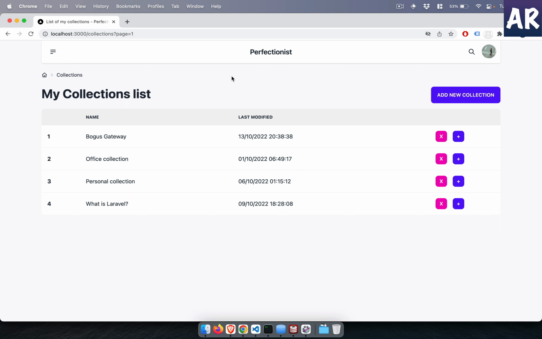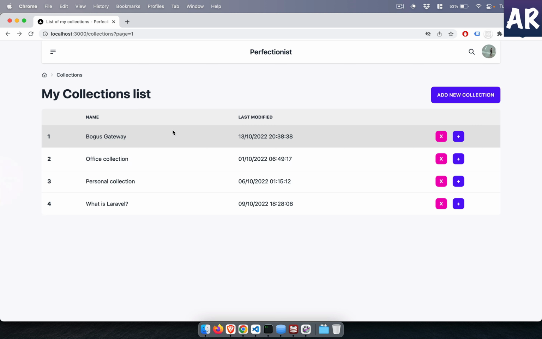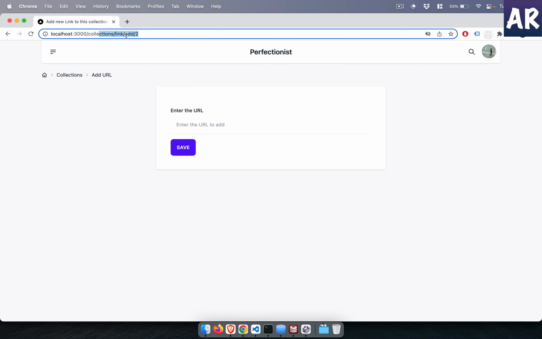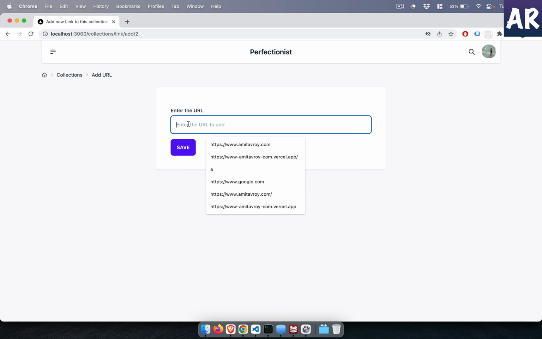So in this video, what I did was added this button. Now what it will do is allow us to create the URL based on the context of this collection. So if I go back and click on some other collection, the URL you can see is collections link add to, and if I add a link over here, so let me show you my database right now. I have 4 URLs inside my URL table. So if I come over here and add this, right,